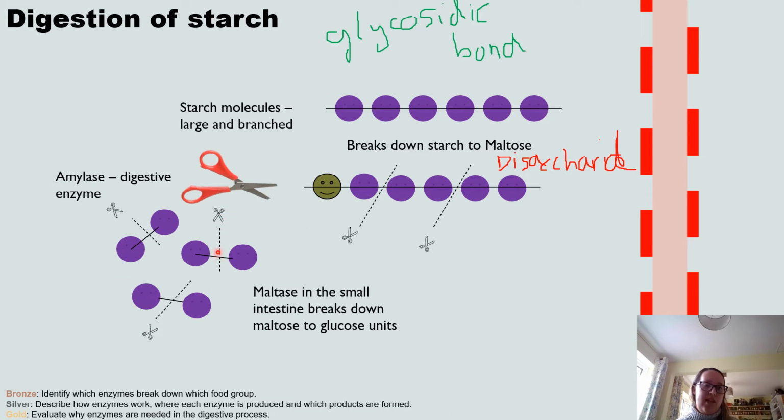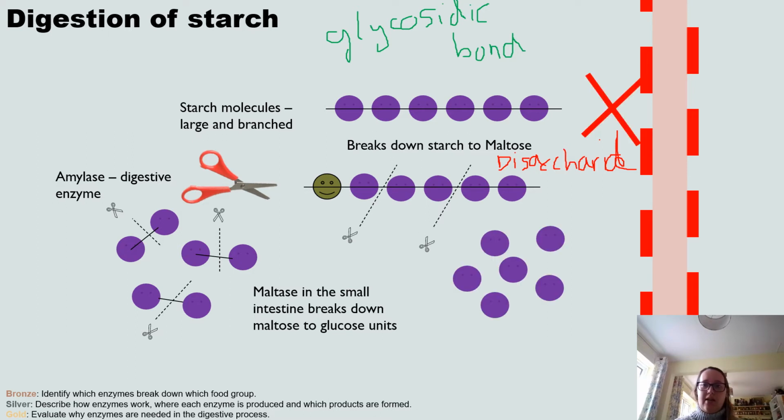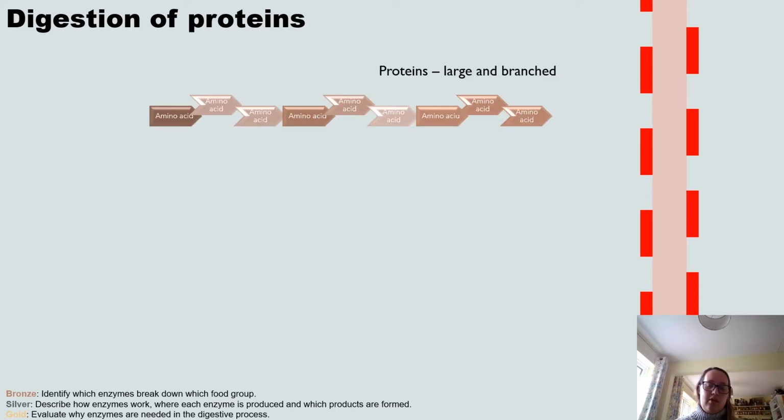So these bonds here are broken. So amylase is primarily found in the mouth, made by the salivary glands, and it breaks down starch into maltose by breaking the glycosidic bond. And then when the molecules of starch get to the small intestine, they are broken down further. So they can now fit into